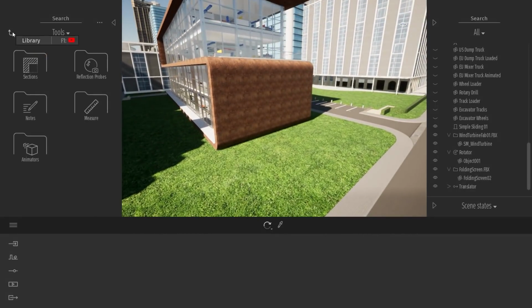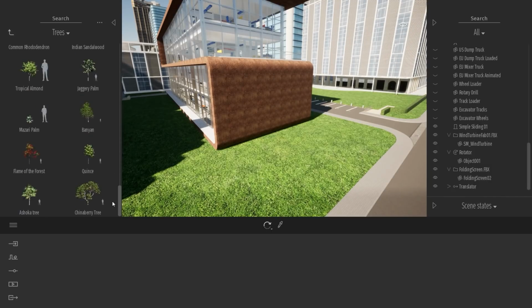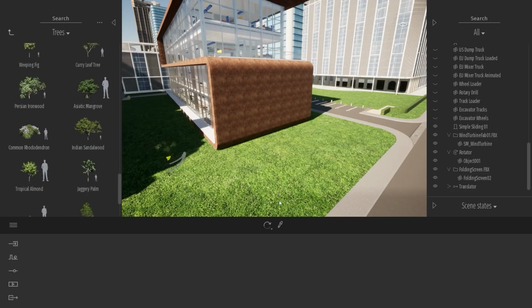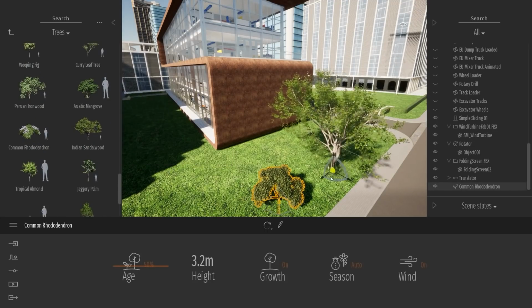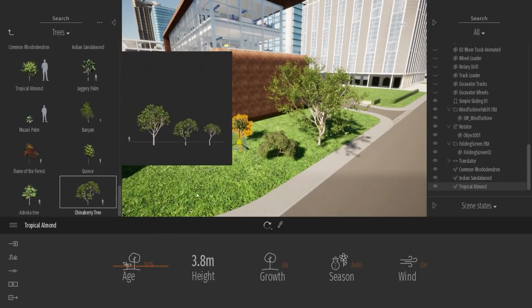So if I come in my vegetation and landscape folder, and I come on the trees, at the bottom of the trees, we have added 15 new trees, all of them in 3 ages and 4 seasons. So here is some example of the new trees that have been added with this new version. All those three,